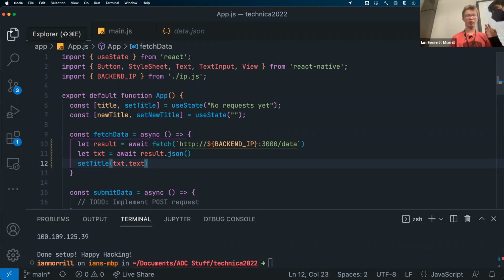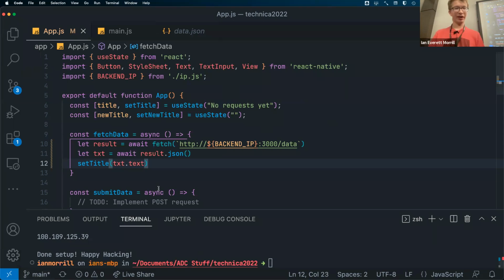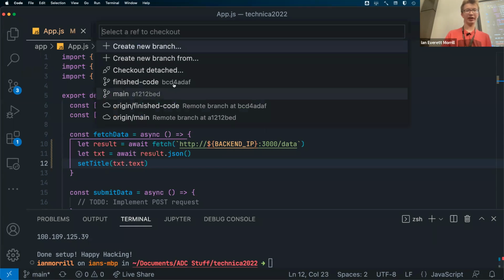Load in the other branch. This isn't gonna work. There's people still saying. Okay, so in the interest of time and making it so that I don't have to live code everything, I am actually going to switch my Git branch,